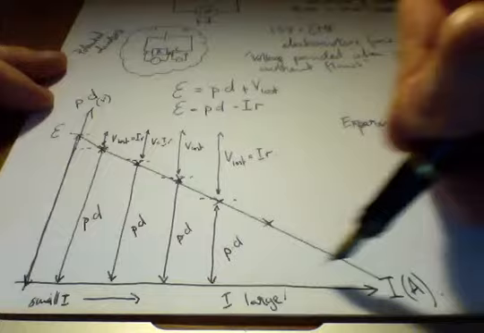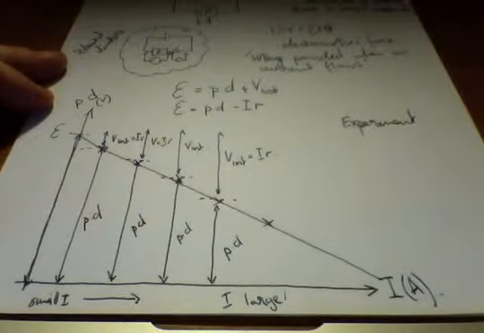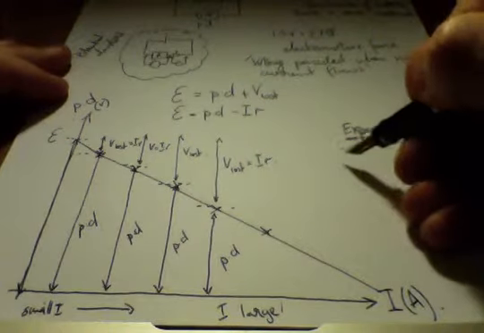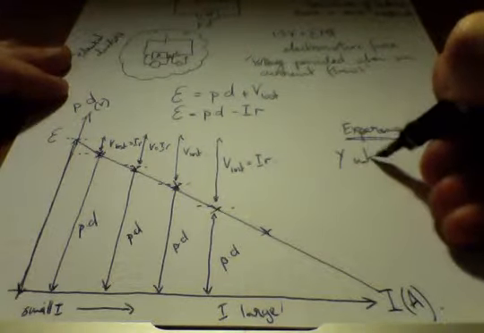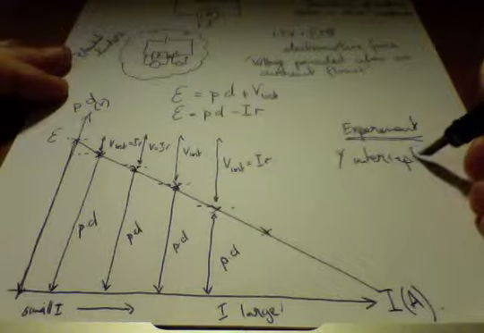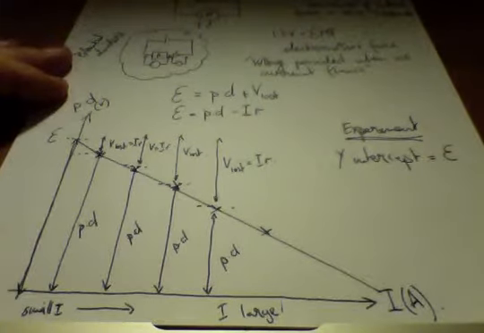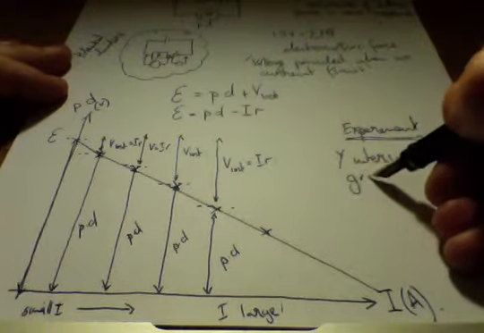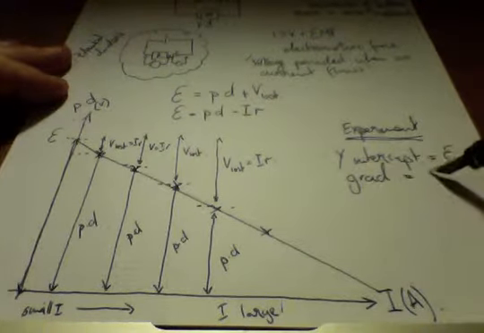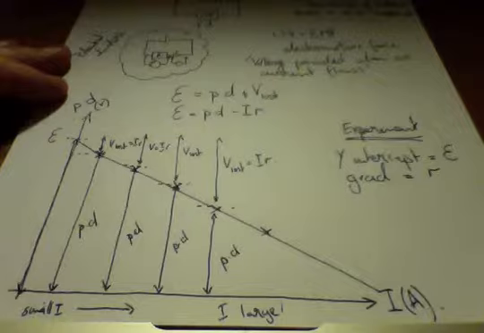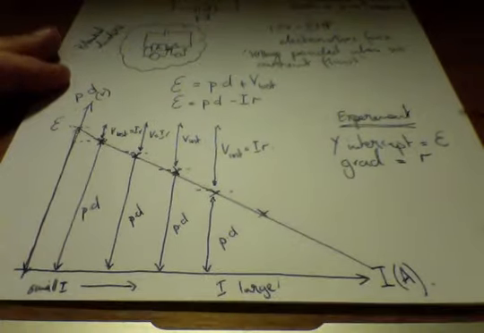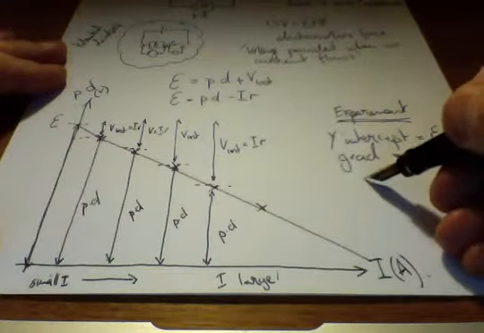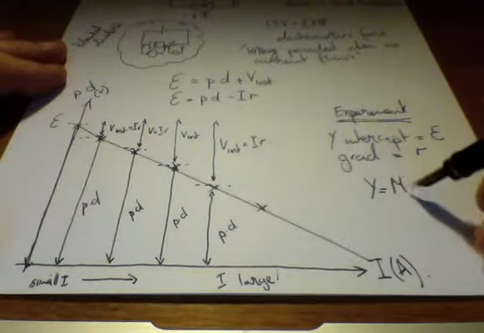We've seen this experiment, you've drawn that graph, you've got that graph out. But what you need to be able to interpret from that graph is, first of all, the y-intercept is equal to the EMF. Hopefully as well you'll remember that the gradient is equal to the internal resistance. And why is that? Well, not only because of the theory that I've explained to you, but if we know that the equation of the straight line is y equals mx plus c,